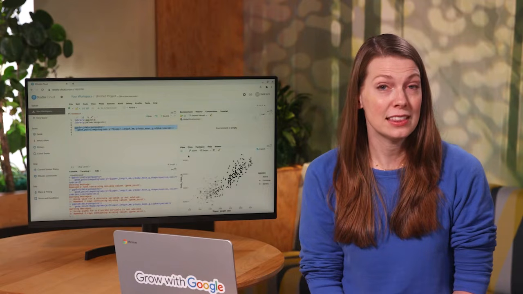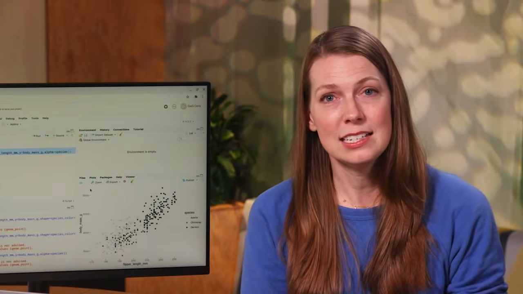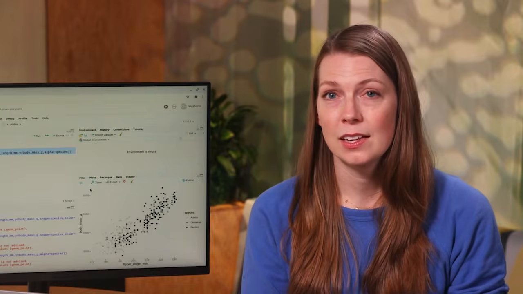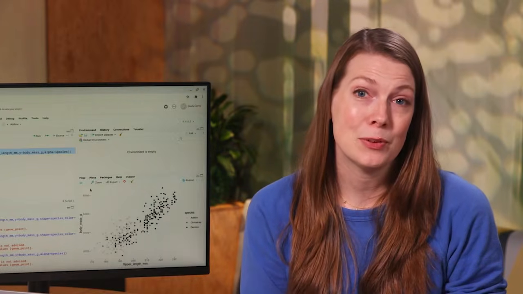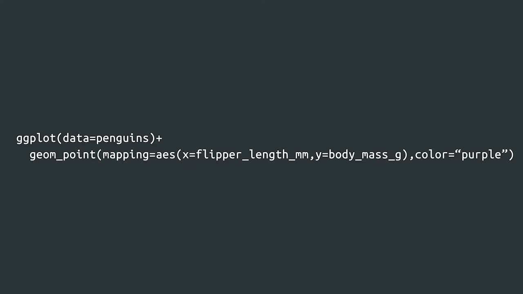You can also set the aesthetic apart from a specific variable. Let's say we want to change the color of all the points to purple. Here, we don't want to map color to a specific variable, like species. We just want every point in our scatter plot to be purple. So we need to set our new piece of code outside of the AES function and use quotation marks for